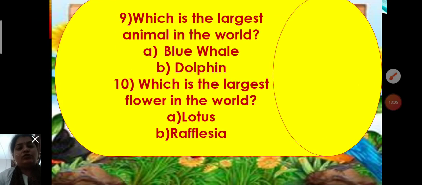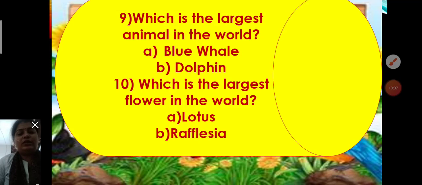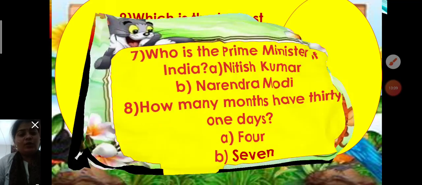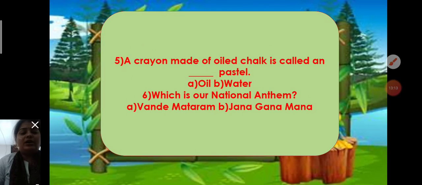Okay, children. So, children, today's work. First, you will read the new chapter. Okay, chapter 39. Now, after that, in your copy, you will have to write the choose the correct option with beautiful handwriting.